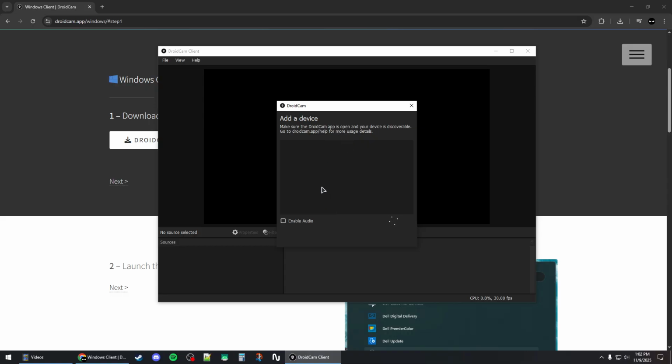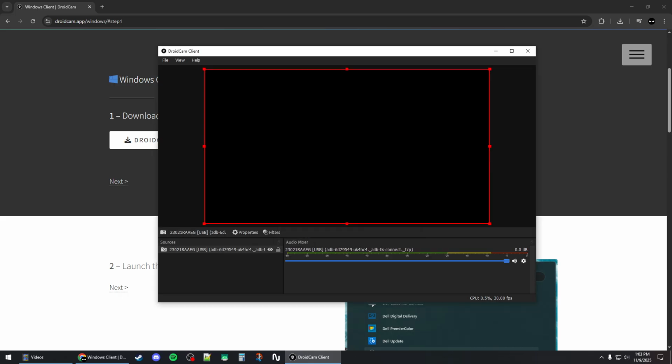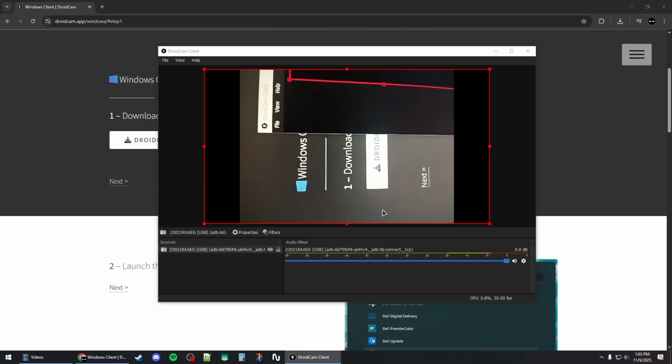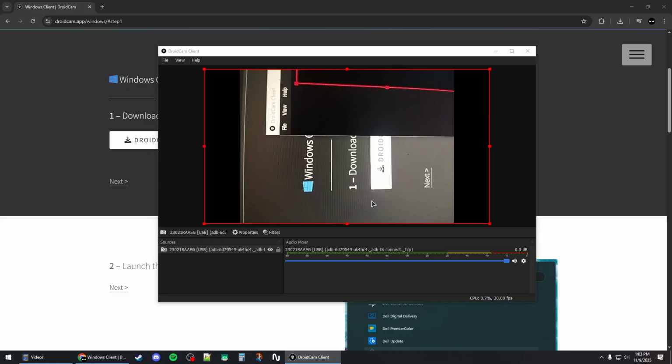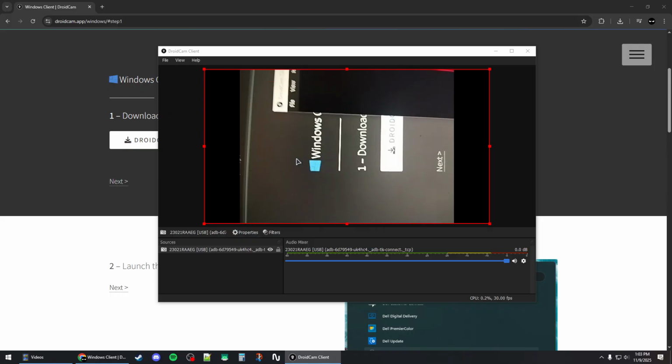and just wait for it to detect devices automatically. So for example, here it detected my phone. You can just select the device and then click on Add Selected Device button at the bottom. And just wait for a little bit to load and connect to your cam, and your cam should start working